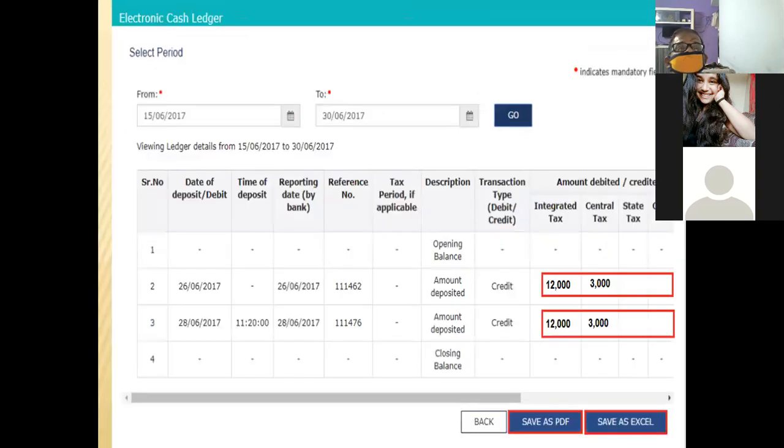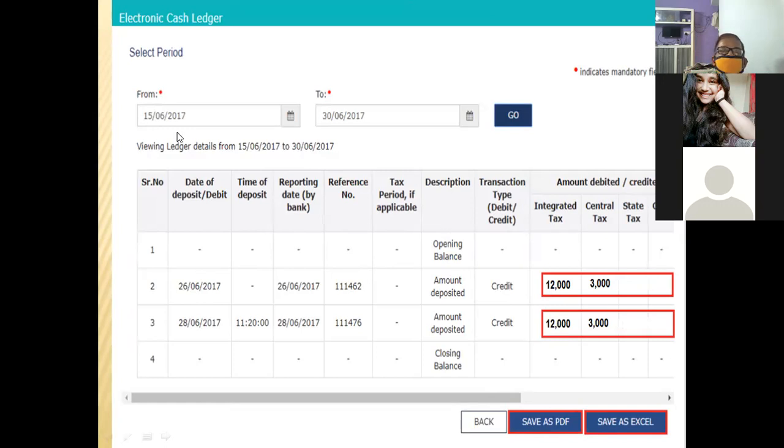Now this is the format of the electronic cash ledger. We have the period from 15 June to 30 June. This is the cash ledger for 15 days. We have the deposit, date of deposit, time of deposit, reporting date, reference number, tax period, and description. In the credit column, the amount deposited is 12,000 for IGST and 3,000 for CGST.